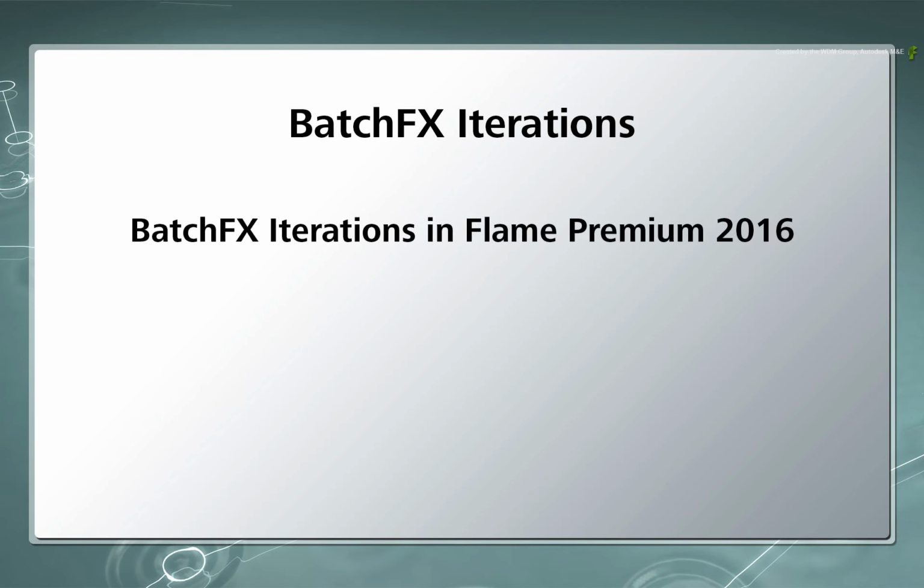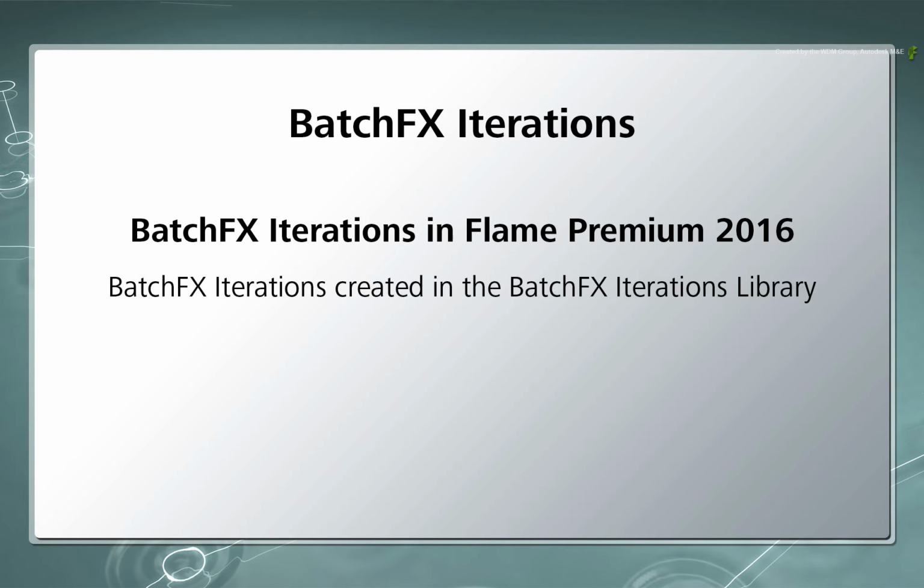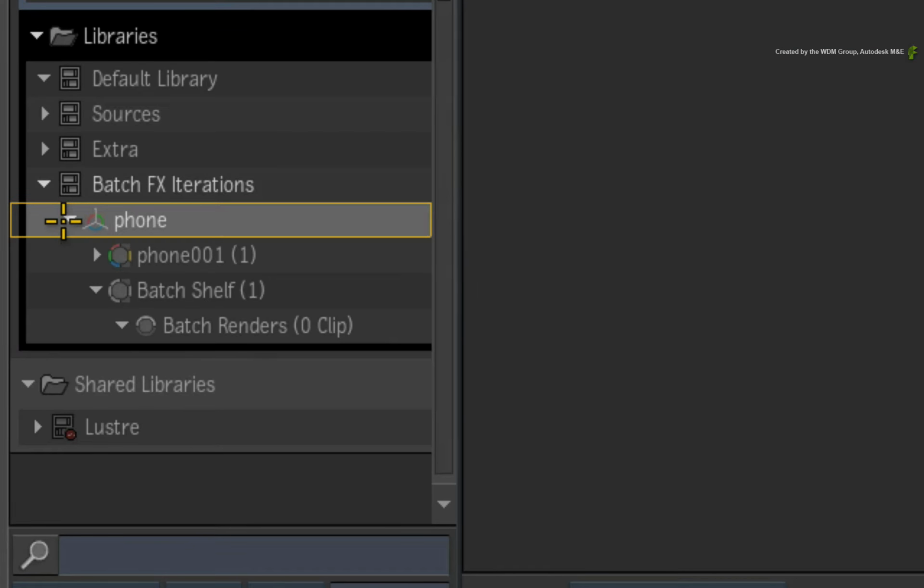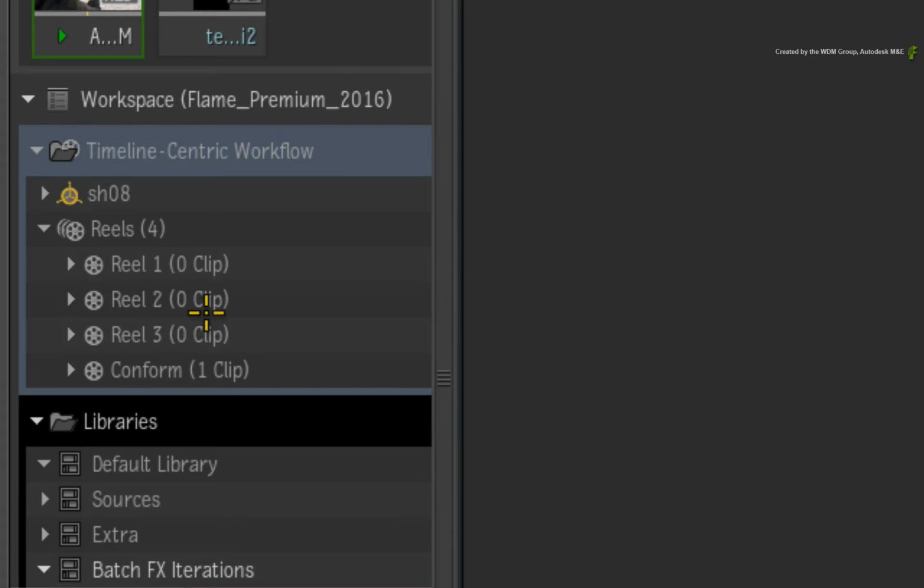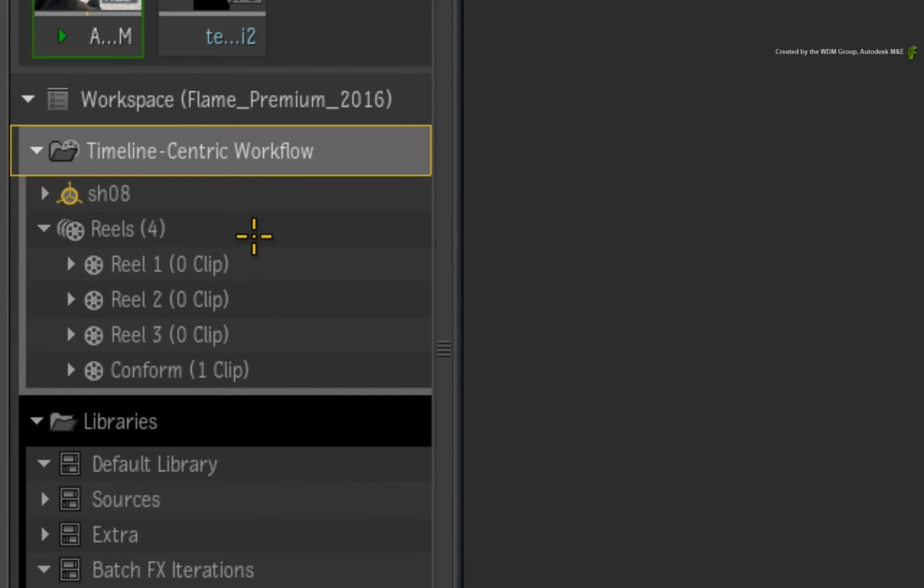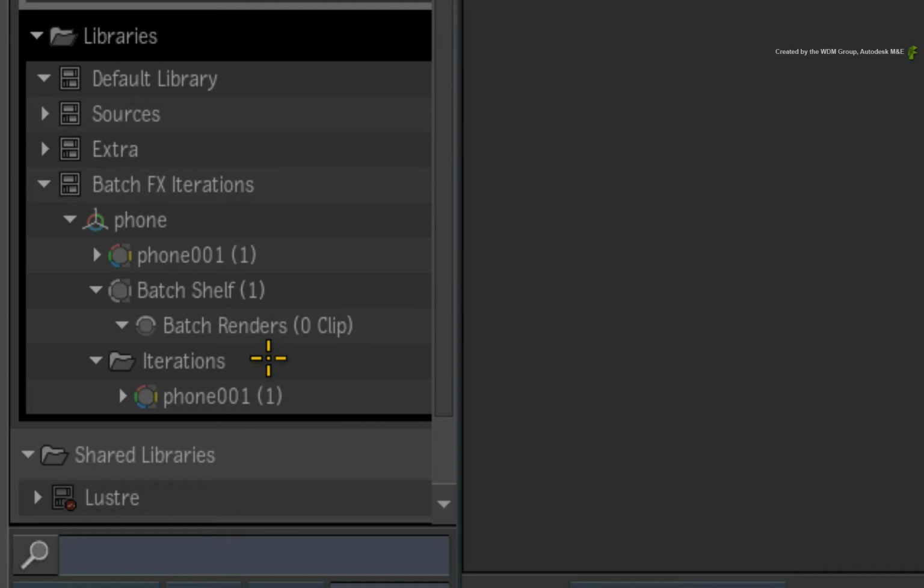So in Flame Premium 2016, iterations from BatchFX are created in a specific library. A new batch group is created with the current BatchFX name. When you expand the batch group, you will see the current BatchFX setup, schematic reels, and an empty shelf reel. If you do not see the iterations folder, call up the contextual menu on the desktop entry and show batch iterations. So to remind you, all iterations created in BatchFX get saved to the batch iterations library,